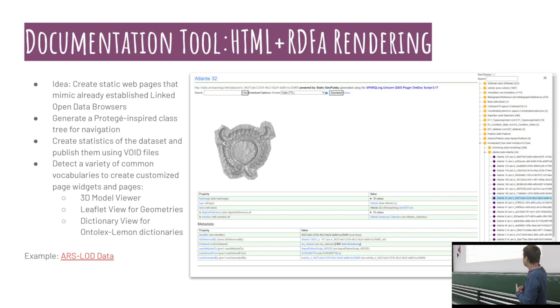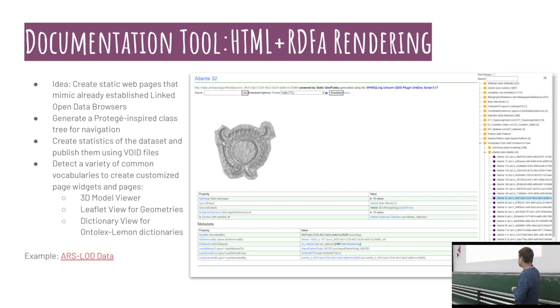So you will see that there's a data table, which will include the different triples. And there's also always links in the slides. So if you are browsing it online, you can also see live examples of that. On the right-hand side, you will have a class tree, so the different classes and the instances in a style which you might know from the Protégé tool.